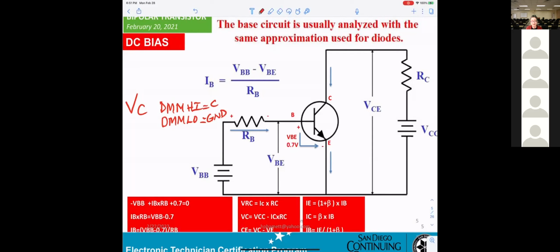However, if I say I want to measure VRB, how do we make the connection?